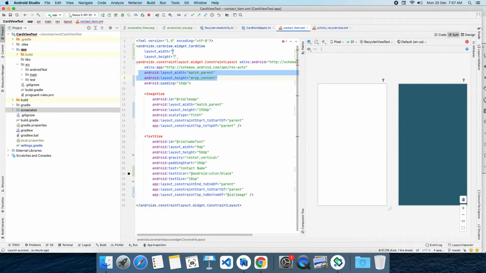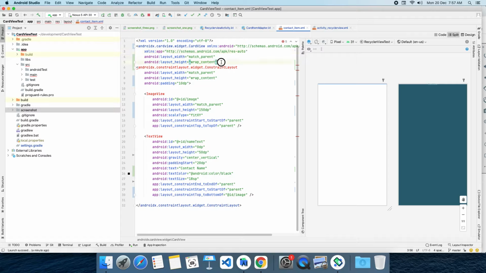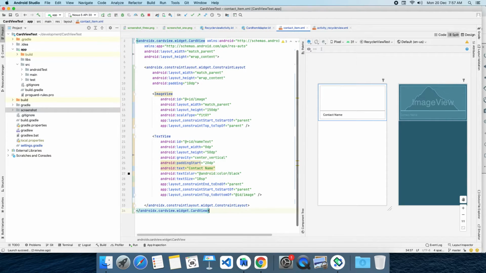Copy the width and height properties. I want the layout width to be match parent and the height to be wrap content. Copy this namespace to the top of your layout. Now card view is our top layout. Close this constraint layout with the card view tag.